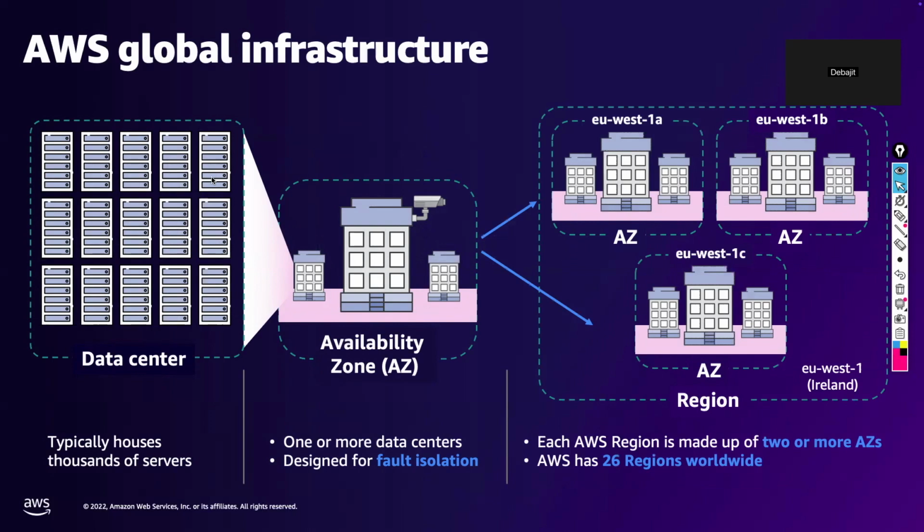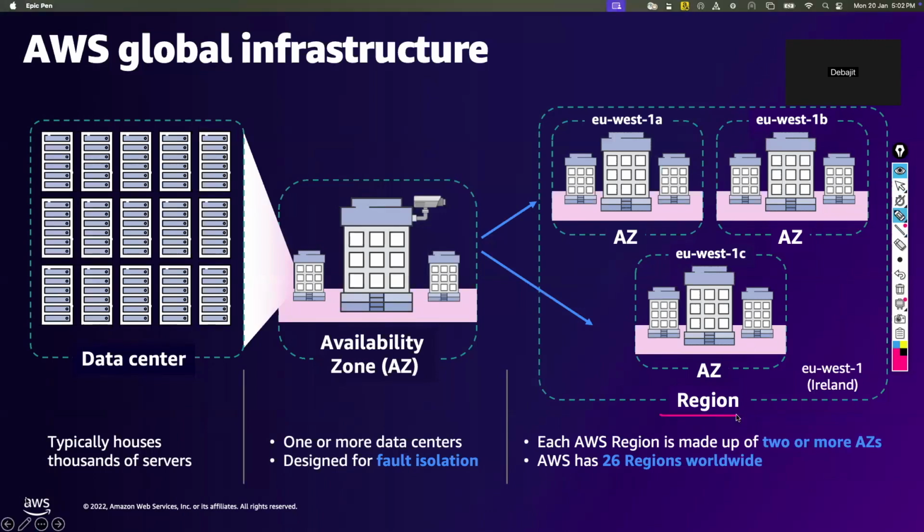Now, this slide is a little busy, with a lot of words and a lot of icons, but I'm just trying to make it easier for you. It's the global infrastructure, and global infrastructure means you can see there are data centers, availability zones, regions, etc., right? I'm just going to highlight some of the important areas so that we can start discussions on those.